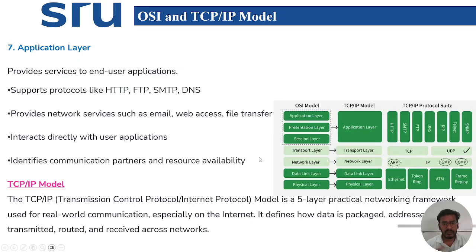Then the next model is TCP/IP, the Transmission Control Protocol and Internet Protocol. In this model, as we discussed earlier, there are five layers in the practical network framework used for real-world communication, especially for the internet.